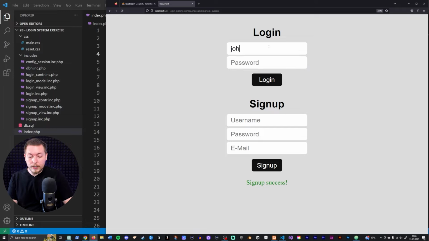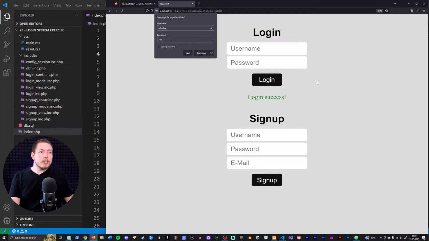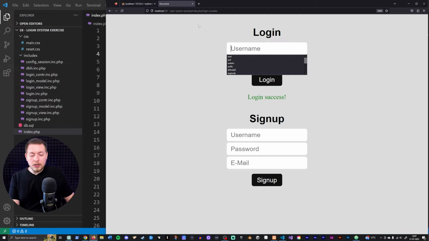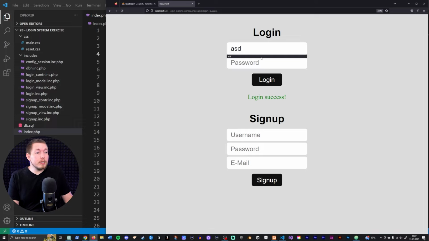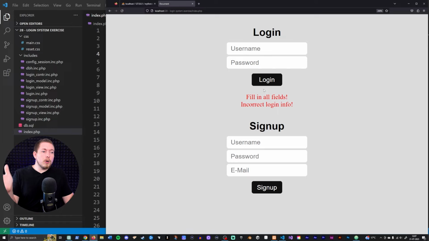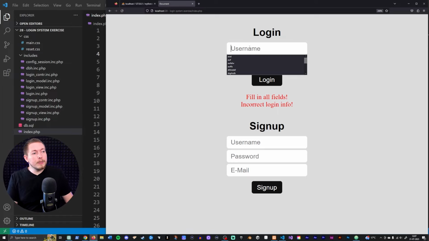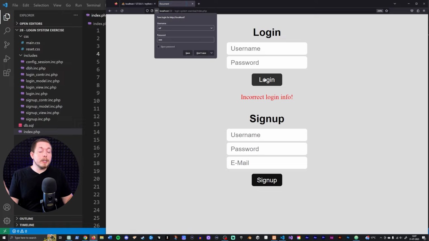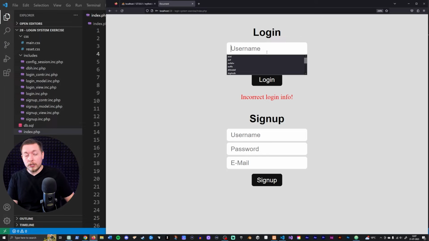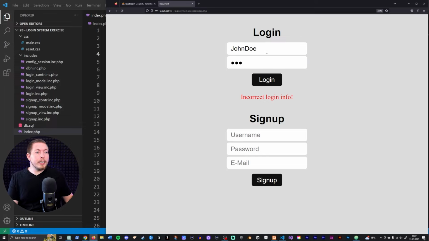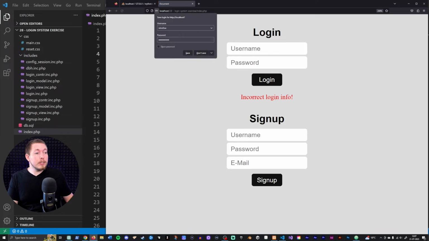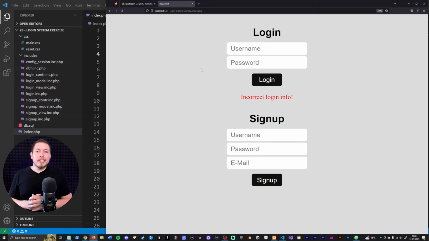So if we were to say John Doe with capitalized D and capitalized J, and then 123 login, then you can see we get login success. If I were to try and log in with something that does not exist inside the database, let's actually leave this one empty. You can see, oh, fill in all fields, incorrect login info. If I were to pick something in both fields, then you can see we get incorrect login info because SAF does not exist inside our database as a user. If I were to use John Doe, but use an incorrect password, then you can see we get incorrect login info because this was not the correct password. So everything is working exactly like intended,